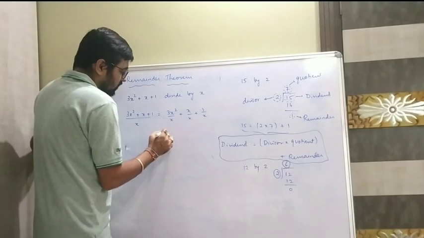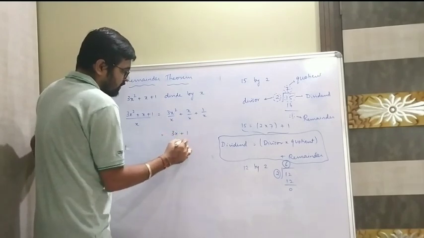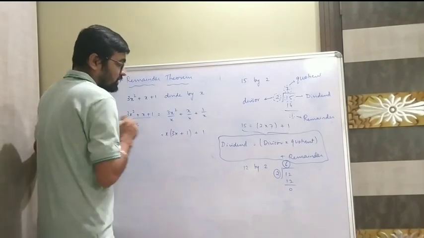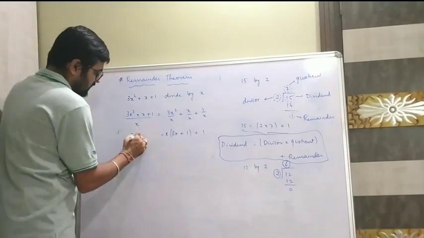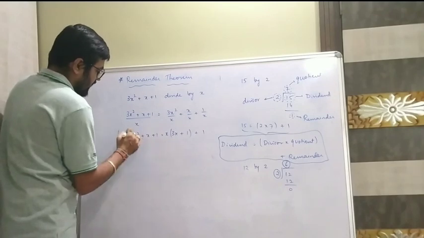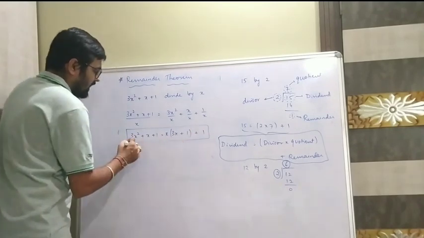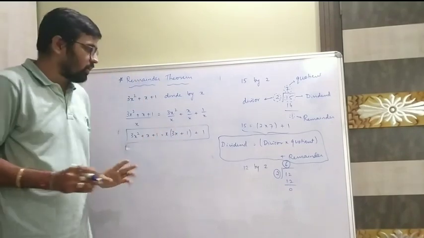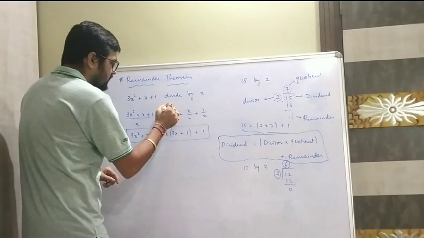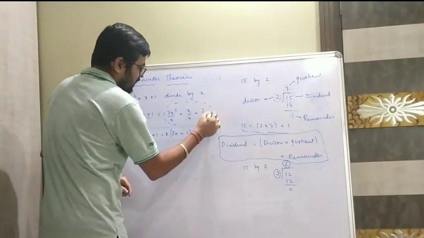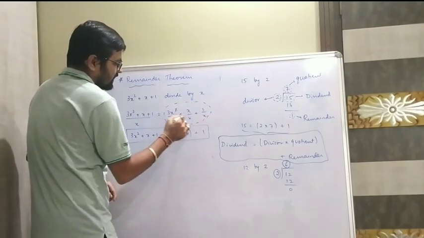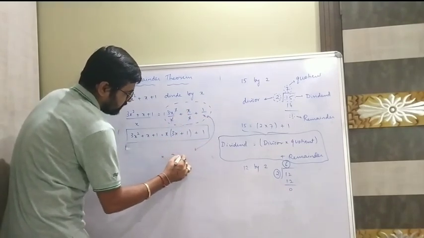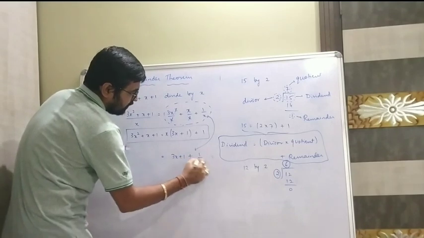So what I can do is cut over here, this becomes 3x plus 1, and let me say this 1 over here and I put x over here. And here it becomes 3x square plus x plus 1. Now you people might be thinking, sir, how did you do this? See, I have done nothing remarkable over here. I'll explain. Now this particular step, if you observe, this x cancels. So what I am getting over here is 3x plus 1 plus 1 upon x.